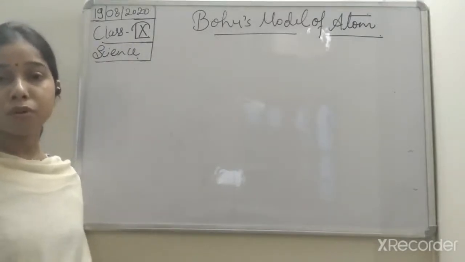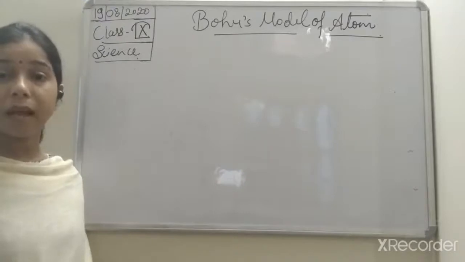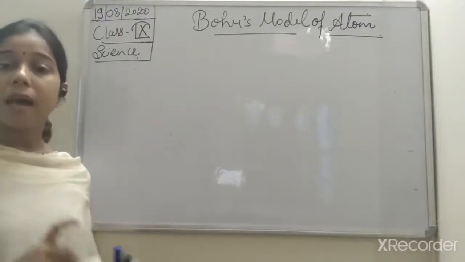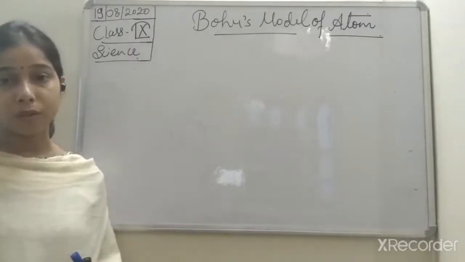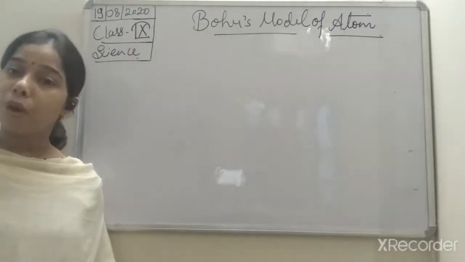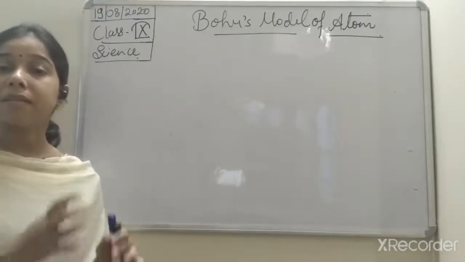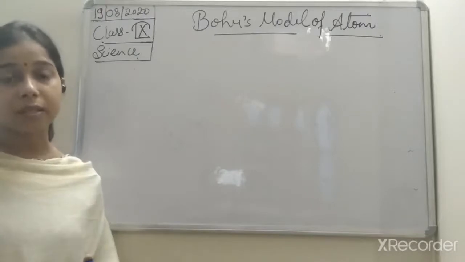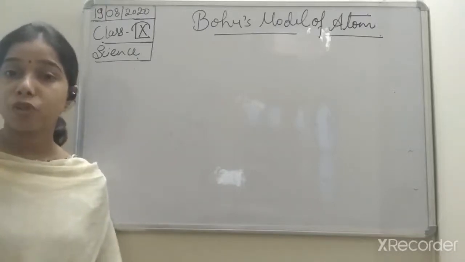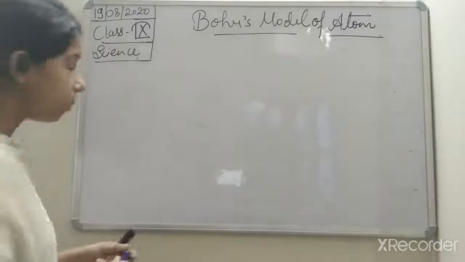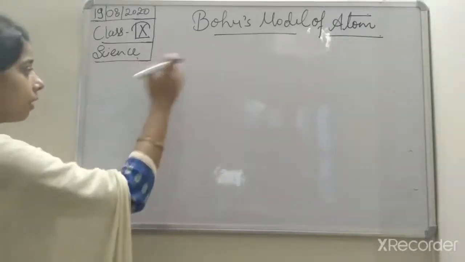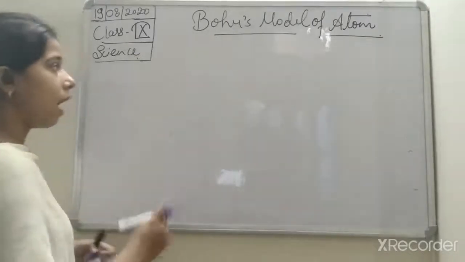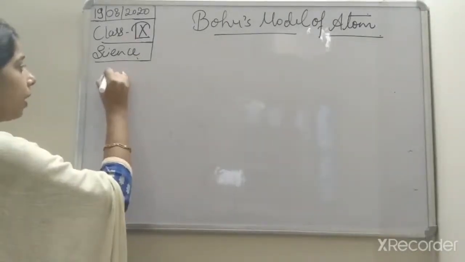In the Niels Bohr model of atom, Bohr explained that an atom consists of a positively charged nucleus. Electrons revolve around it, but they revolve around the nucleus in a stable orbit without radiating energy continuously in the form of electromagnetic radiation. Let me tell you what he explained first, and then we will discuss the postulates of Bohr's atomic model. So he said that the electrons